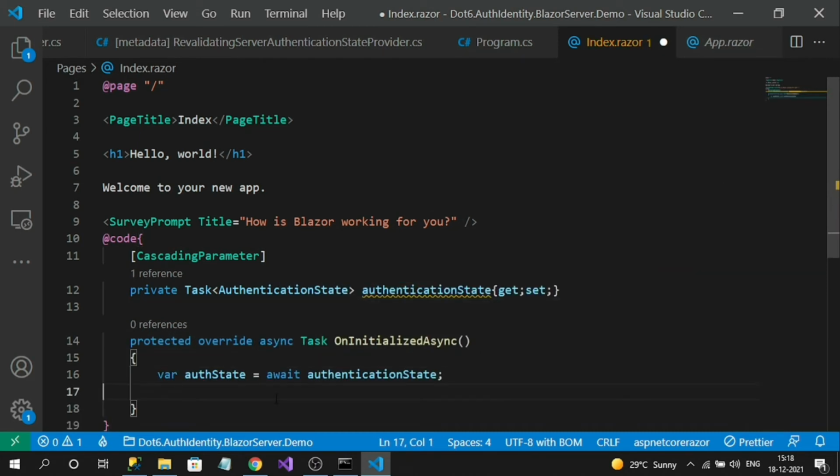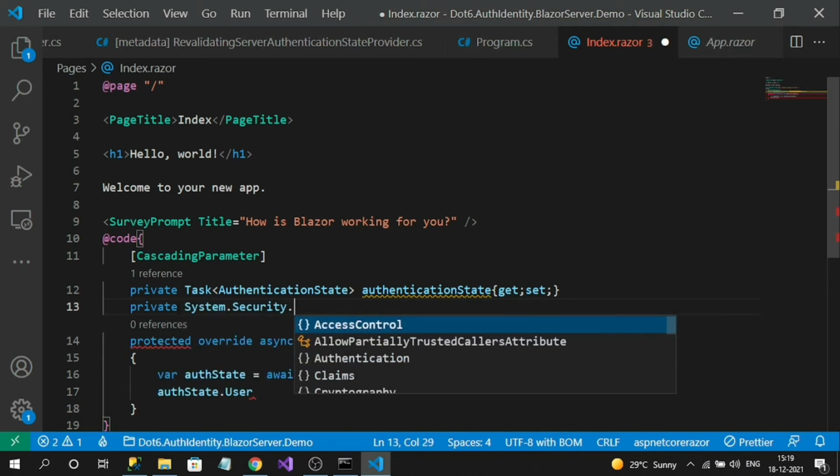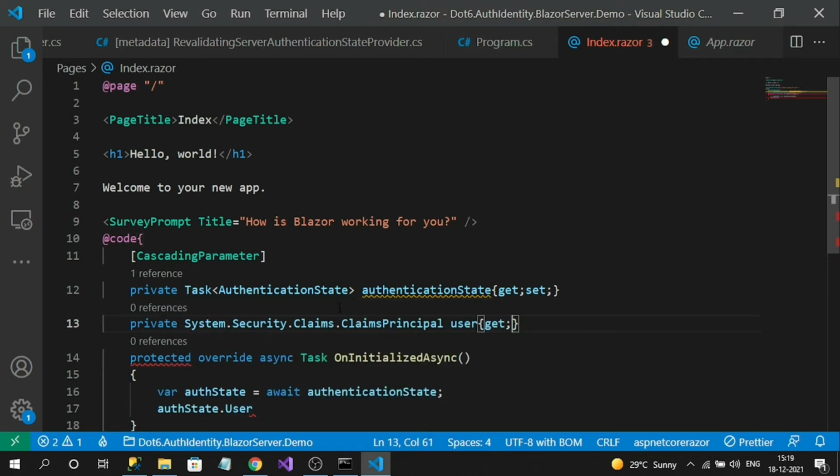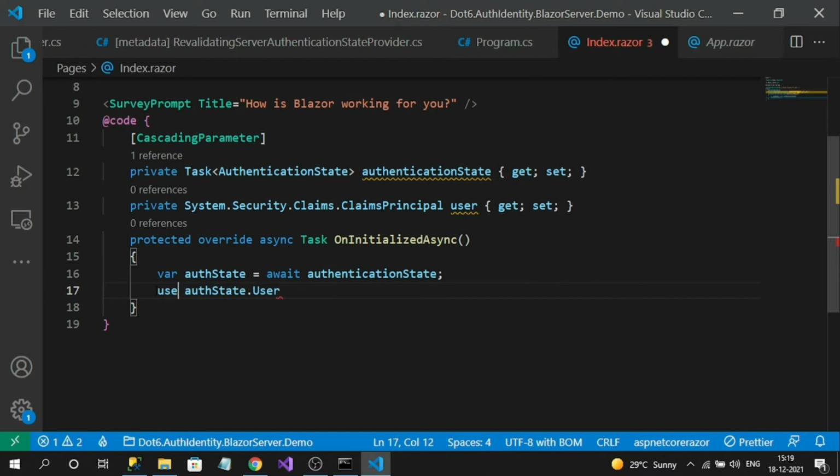From this authentication state, we can get user information: authState.User. So let me create a variable called user, and I am going to assign the user here.